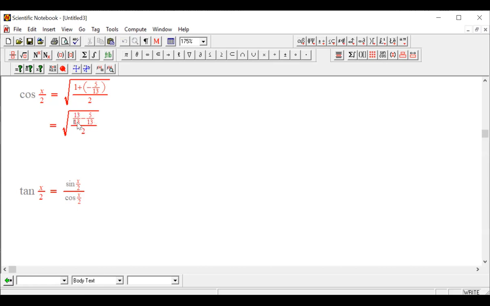So in the end, we get 13 minus 5. 13 minus 5 is 8. Right, so on the top, we get 8 over 13. And multiply 2 on top, multiply 13 and 13 on the top and bottom. So we will get, so this one times 13, and this piece times 13,